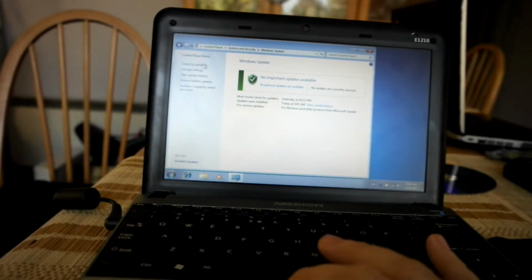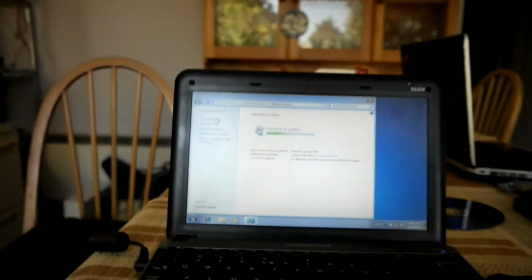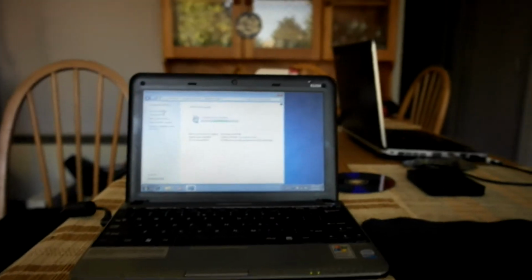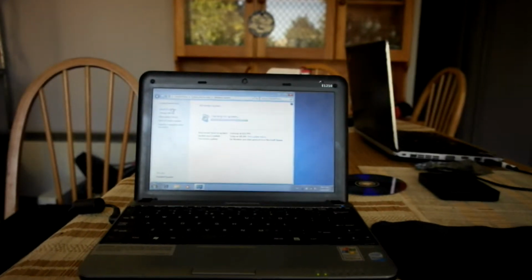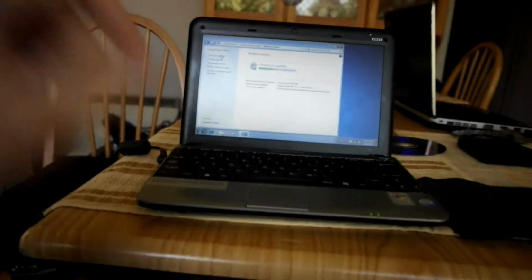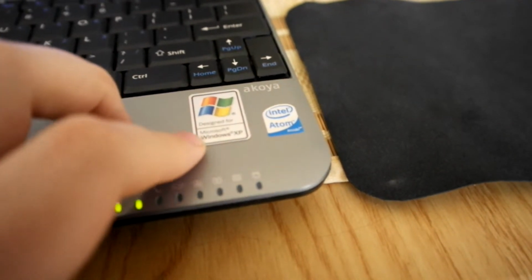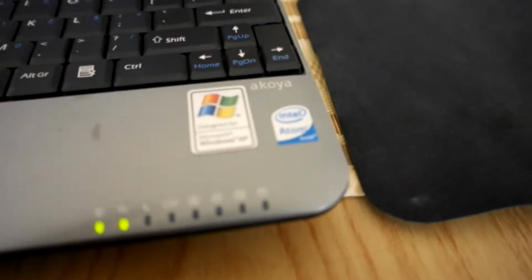Okay, 38. Check for updates. Which I've got on them all anyway. But this is basically the Medion E1210, which is not a bad little thing. It's only really designed to run Windows XP, but it will run Windows 7. I was running Windows 7 on it before. I don't know what you can actually see, but